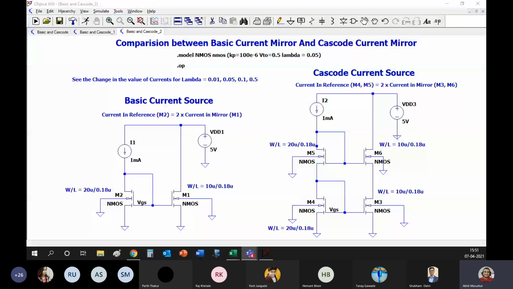Now if you stand on the table and if you try to jump, there is a possibility that you will hit the ceiling and break your head. So if you try to increase the reference from ground to something else, then there is a possibility that you might touch the maximum limit. And that is the reason why when we want large voltage swings, we go for basic current mirrors and we do not prefer cascode current mirrors. But if we want to use basic current mirrors, then we cannot handle channel length modulation very easily.